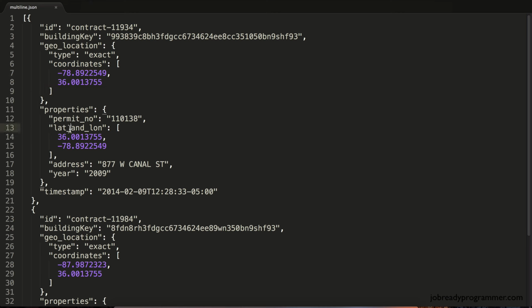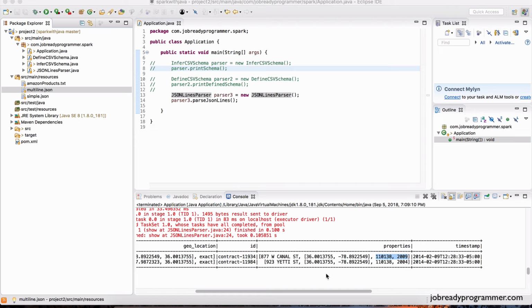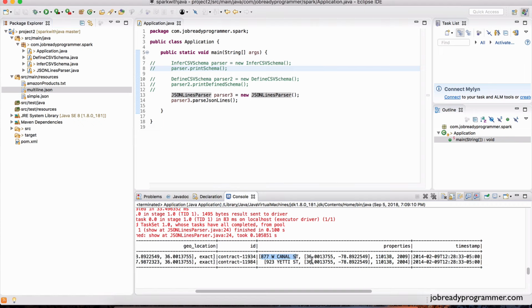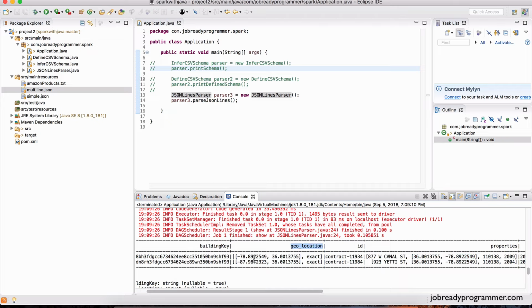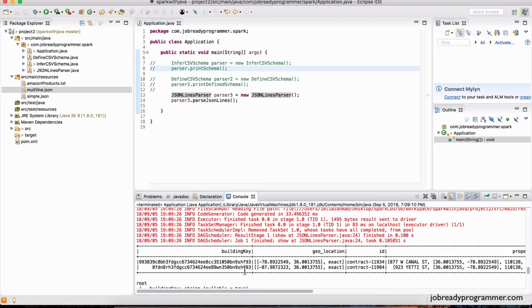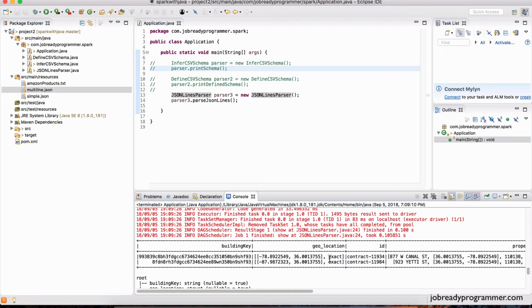Same thing goes for this field right here, latitude and longitude. This is just an array. So in the properties column, it won't say permit number. It'll just show this value, and it'll just show this array, okay? Let's go back to the file here. Notice it just gives the address. It doesn't show the field name here for latitude and longitude. And same thing goes for the geolocation field. Hopefully you get the idea. Nested fields are not printed in the record. Only their values are shown. And that's typically the most important thing in a JSON, right? You're usually dealing with the values, and you can access them through their field names, and we'll get into that